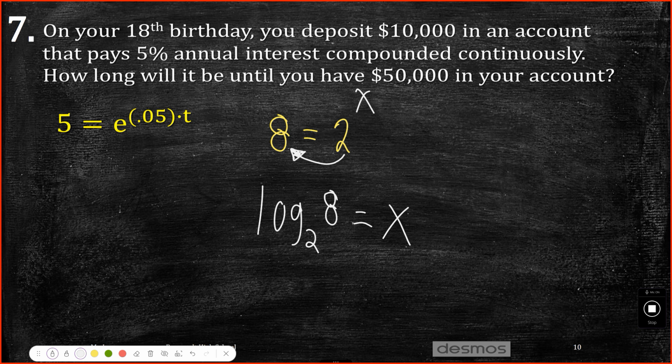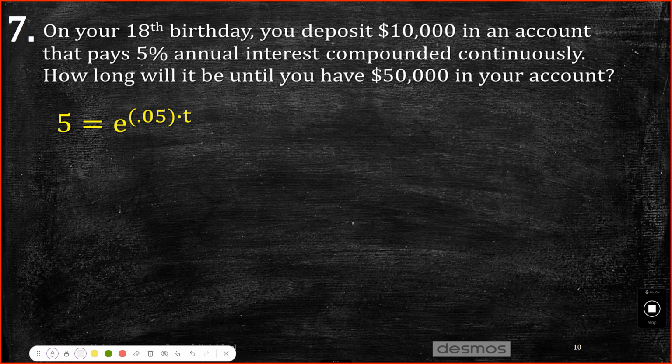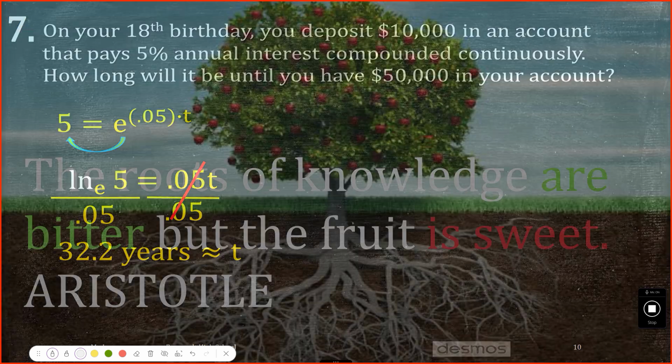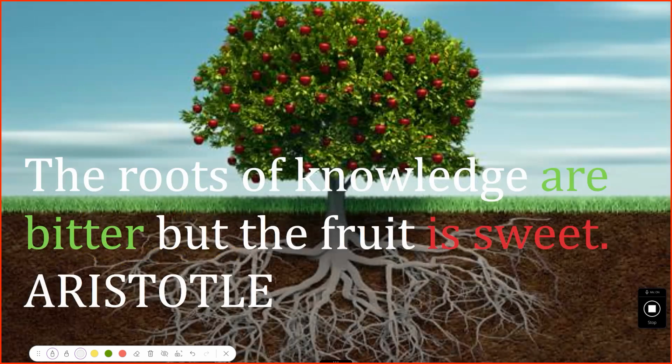So that's another way of doing this. Choose whichever one you like. You can either take ln of both sides, or you can rewrite it in log form and use the change of base formula. And we're done with this first